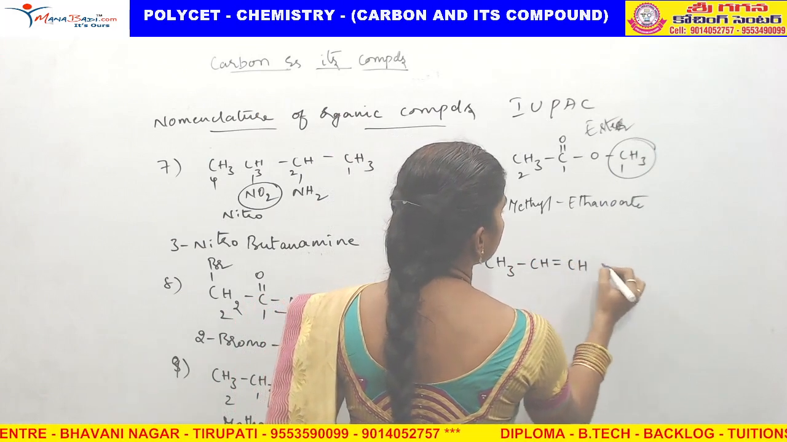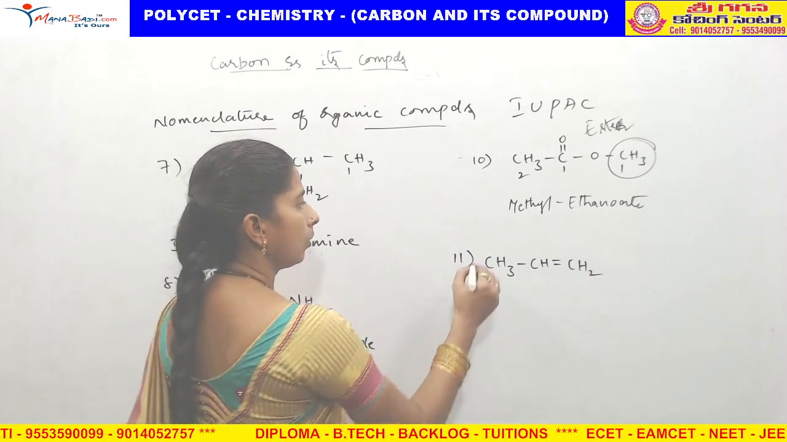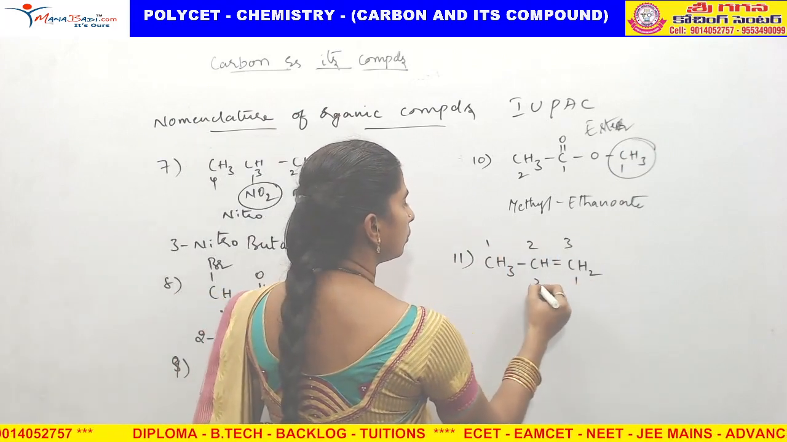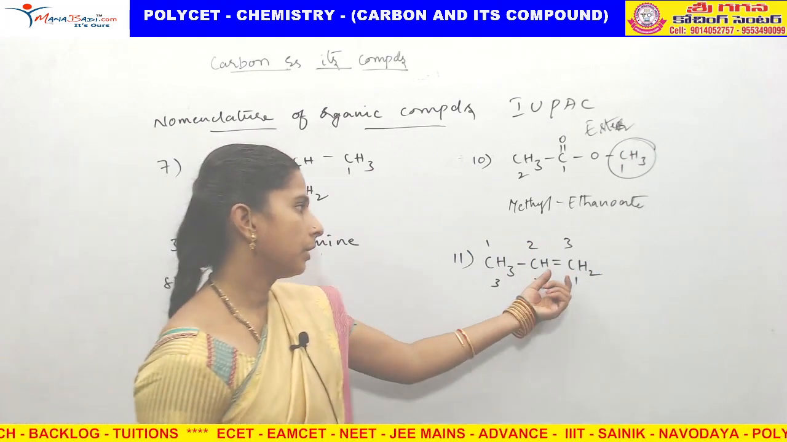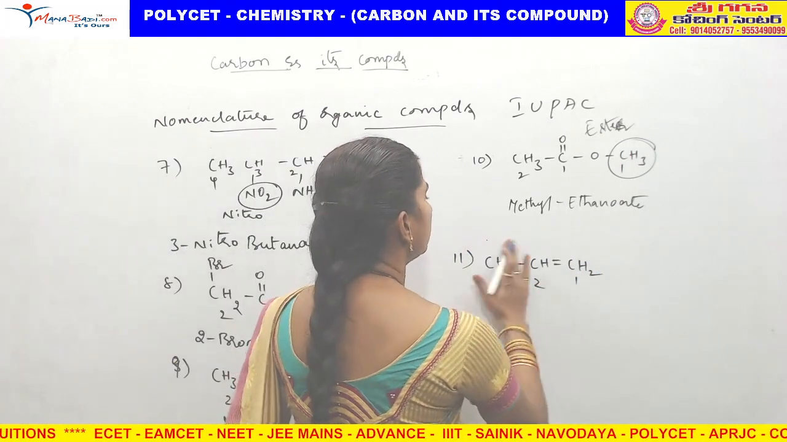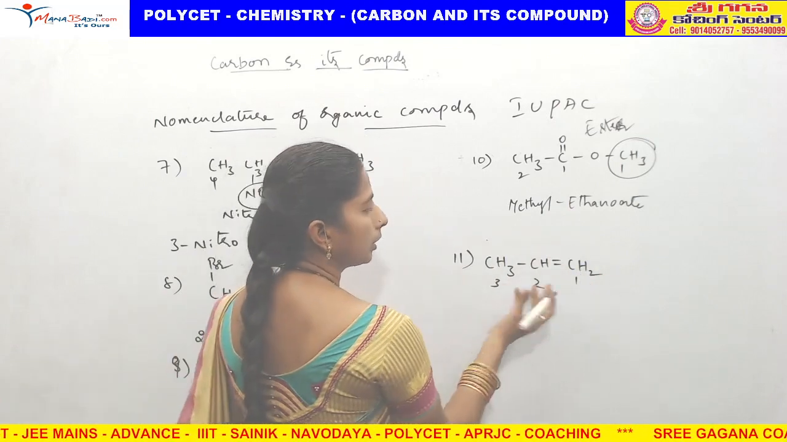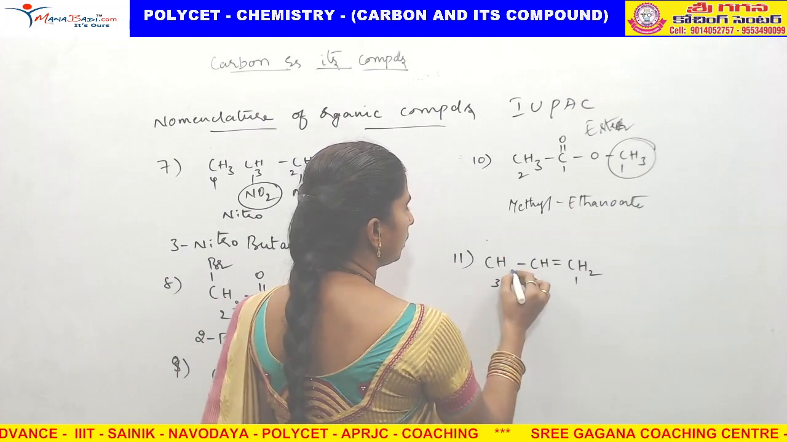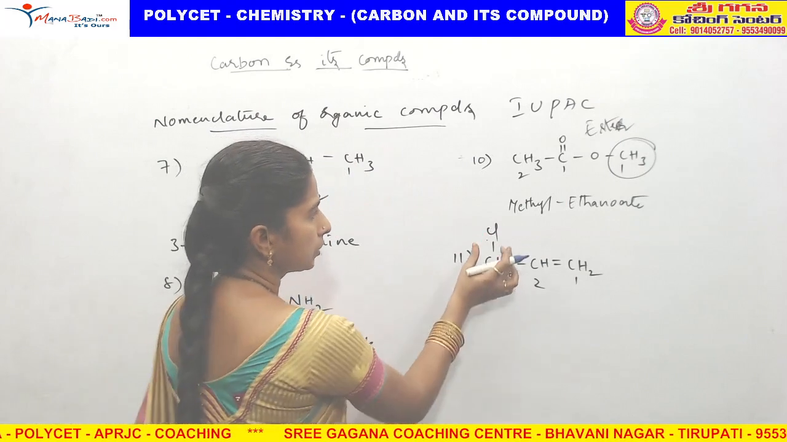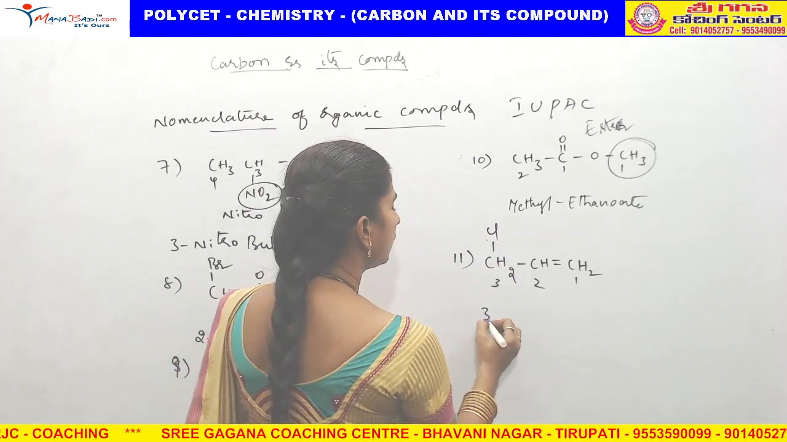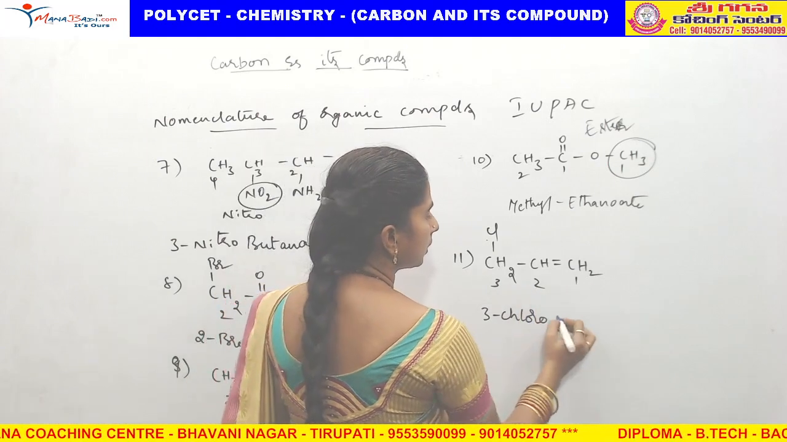That is the next one: CH3, CH double bond CH. Now tell me what is the name? 1, 2, 3. 1, 2, 3. Which is correct? The double bond should get less numbering. This is the correct one. Here if you take second position, here first position. There is no other substituent; chlorine is there. So 3-chloro, 3 carbons are there means propene,